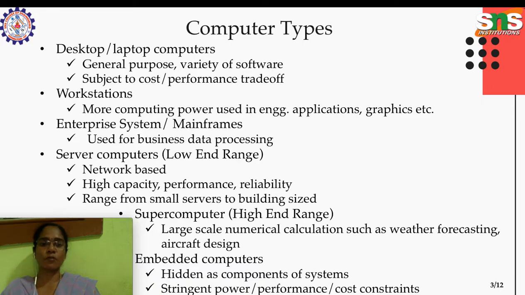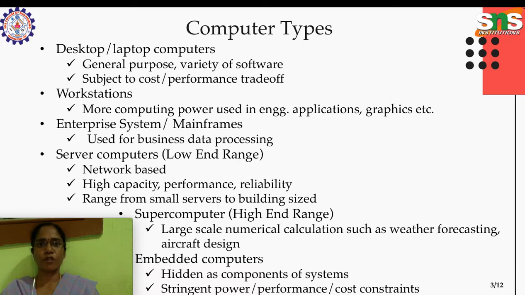In that situation, supercomputers are used. And coming to embedded computers, those are microcontrollers that are embedded in a machine. For example, we can take an ATM machine. It's an embedded computer system. That computer system is dedicated to only one purpose. It does the dedicated service. It won't carry out a wide variety of jobs. So embedded computer systems are hidden as a single component in some dedicated machines like ATMs and, of course, washing machines or fully automatic washing machines. Those all have embedded computer systems.